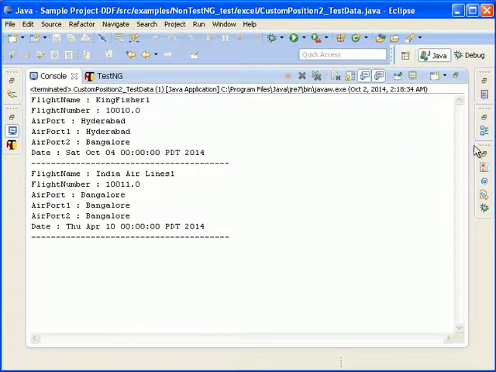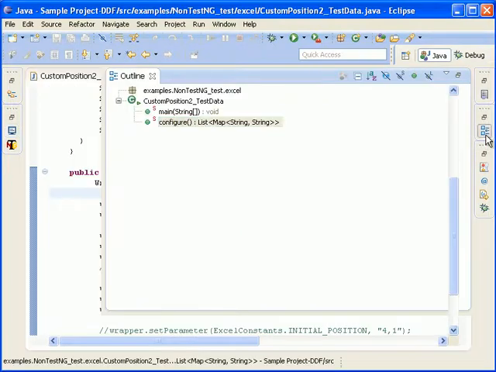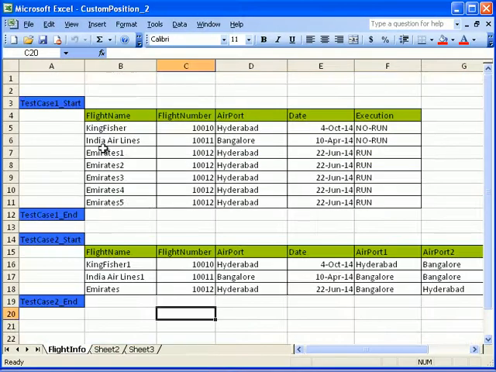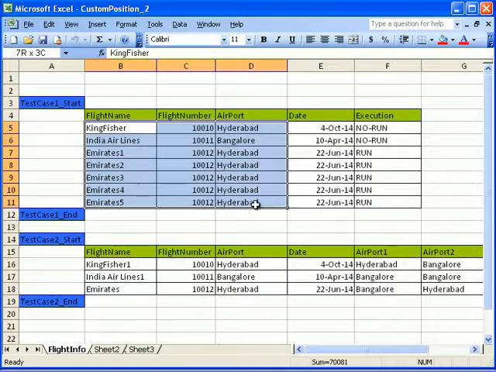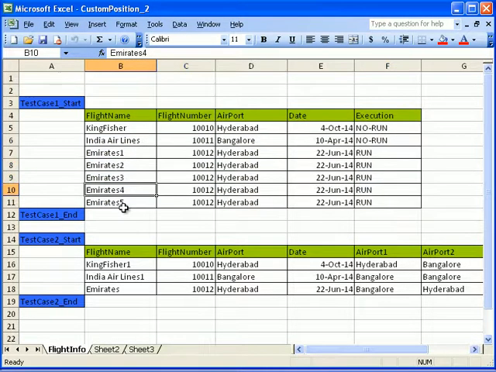Kingfisher 1 and an airline. So let me go with it again. After adding the test data for test case 1, does it have any effect? Let me check. Yeah, even though multiple rows of test data are added for test case 1, the data-driven framework will read all the test data which are marked as run, since it is configured. So this is test case 1,